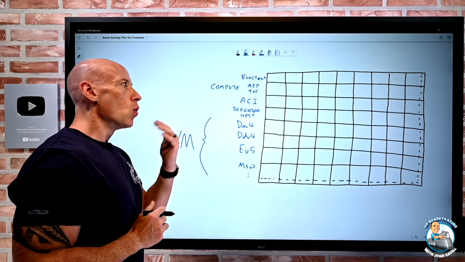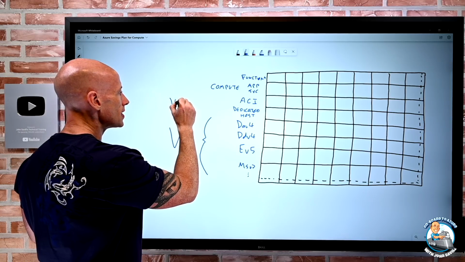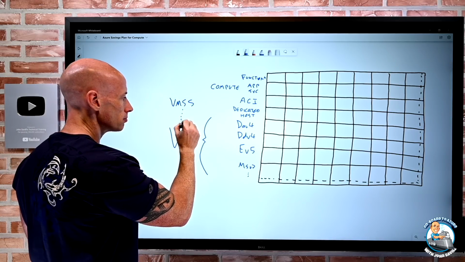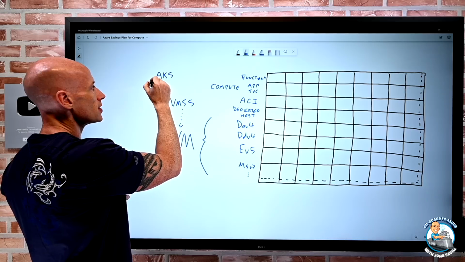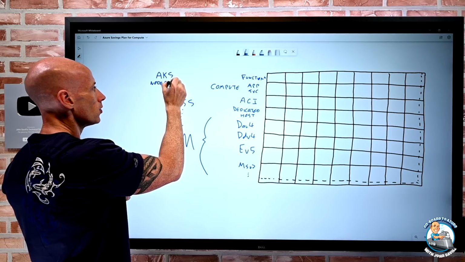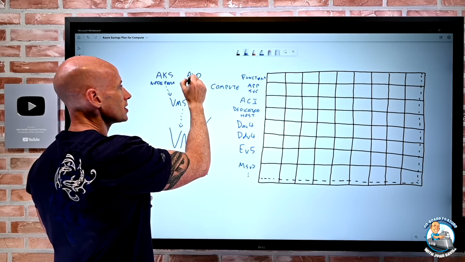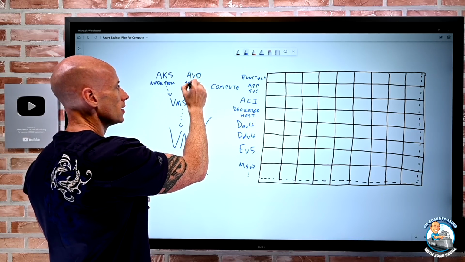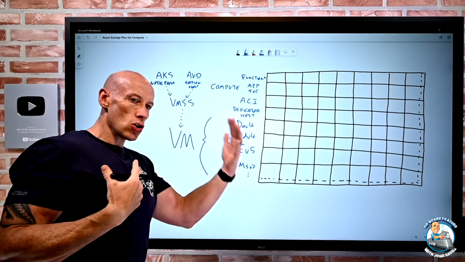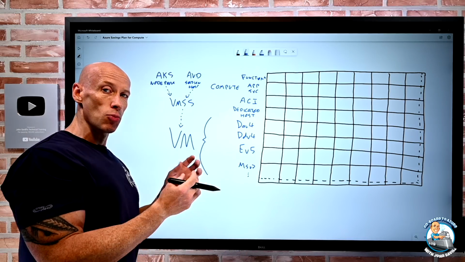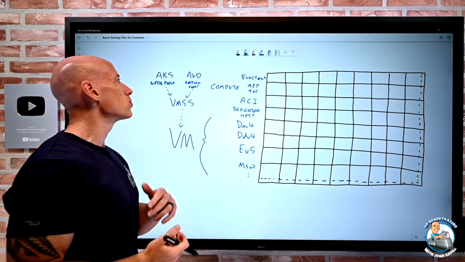And remember, when I think of virtual machines, we have things like virtual machine scale sets that, of course, create virtual machines. And then we have things like Azure Kubernetes Services node pools. Well, they use VMSS under the covers. And then Azure Virtual Desktop, the session hosts, well, they're sitting on that as well. So when we think about using virtual machines, it's more than just creating a VM. There's virtual machine scale sets, which are then used by things like AKS node pools, Azure Virtual Desktop session hosts,